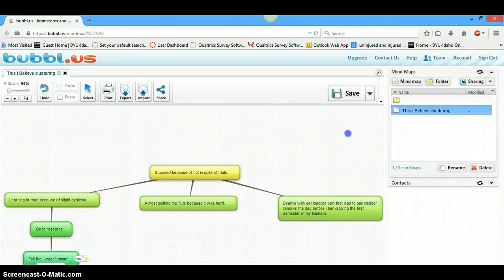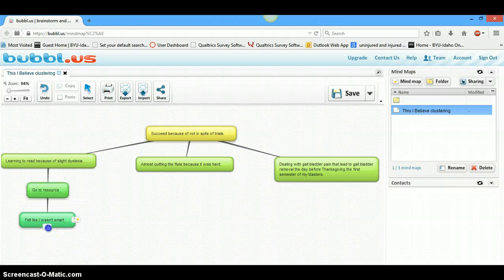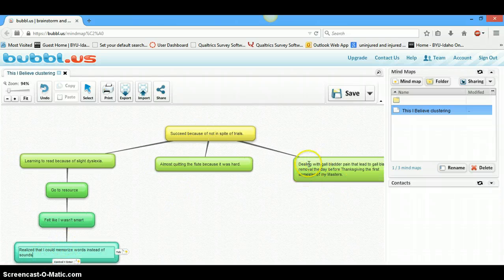And sorry, we're going to have to take this up a little bit, and then probably the big thing is that I realized, and that is not how you spell realized, that I could memorize words instead of sounds, and this was a big one for me. So that's just, this would be the main belief I'm doing, these are the ones I'm focusing on, and then I'm just adding some details to them.